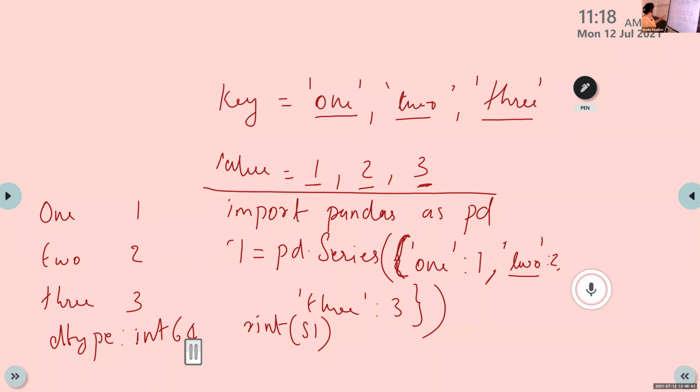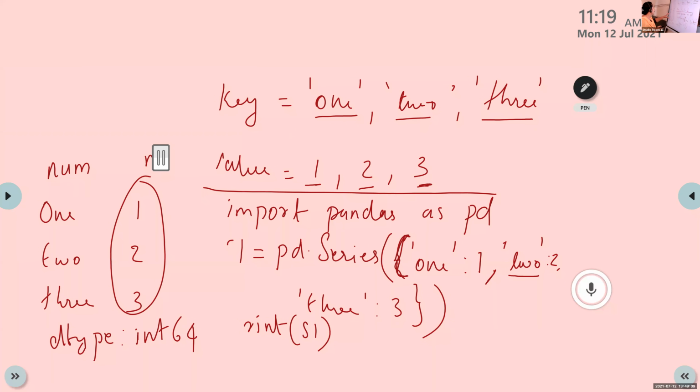Then I want to name this column as num. And I want to name this column also as no. That is naming a series. In all this program, we are just creating a series with some index value and with some data value.